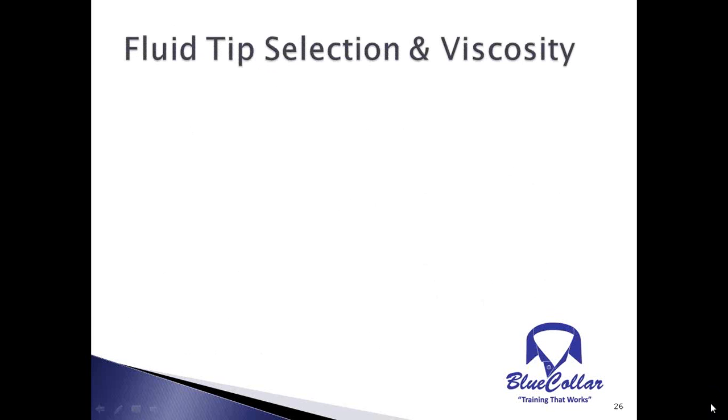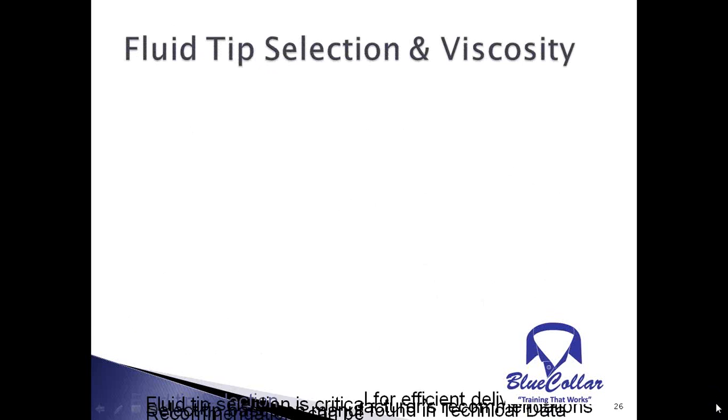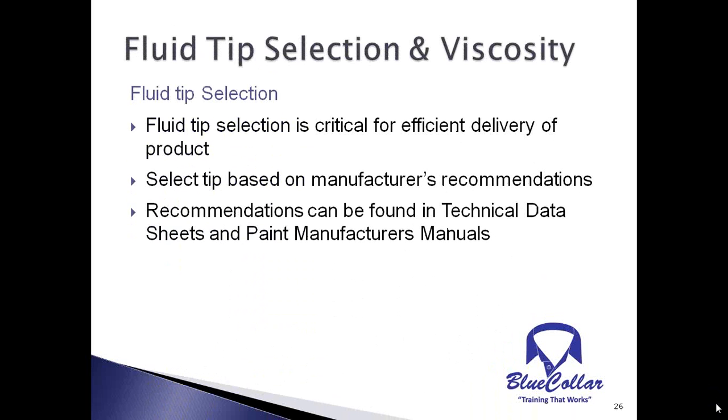As far as fluid tip selection and viscosity, let's talk about those for just a moment. Fluid tip selection is critical for efficient delivery of the product. We want to select the tip based on the manufacturer's recommendations, and that would be the paint manufacturer's recommendations. The recommendations can be found in your technical data sheets and in your paint manufacturer's manuals. What we are typically seeing today as products have become higher solid, especially for those of you who are using water-based paint, because they're so much higher solid product, you will probably need to use a smaller fluid tip,